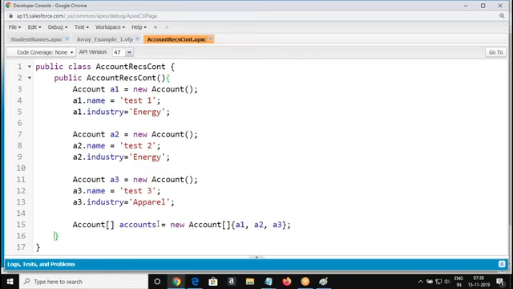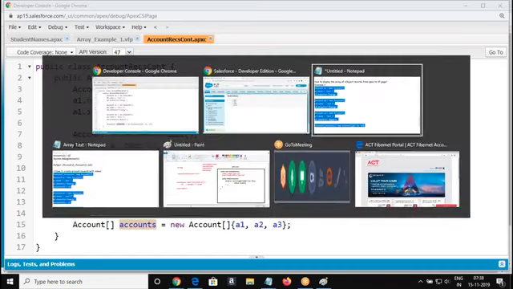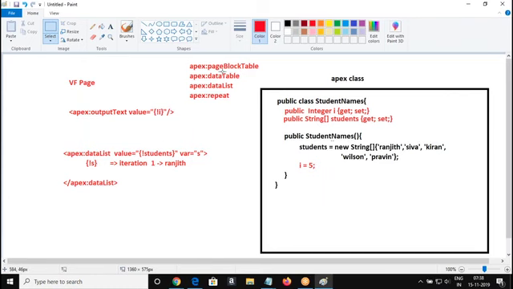So what is the rule? Actually we are going to refer to these accounts. We know the accounts variable can be referred to by using any of these components.